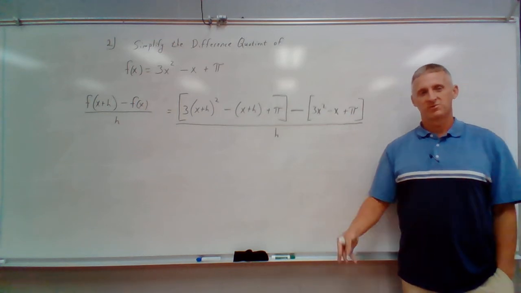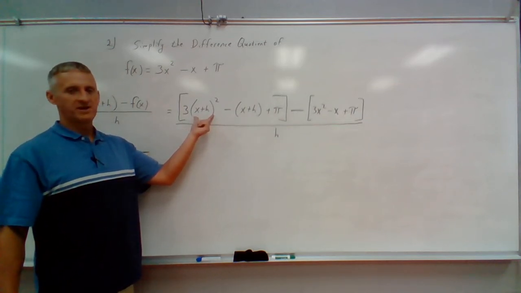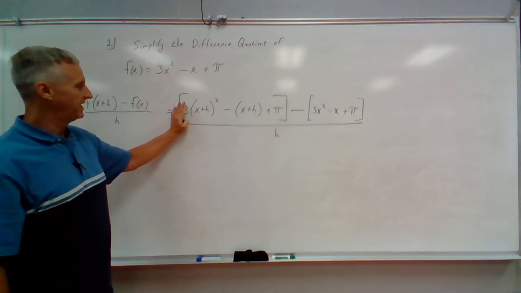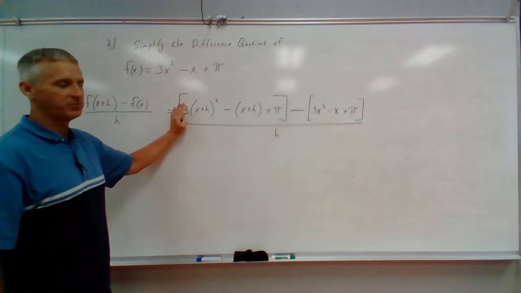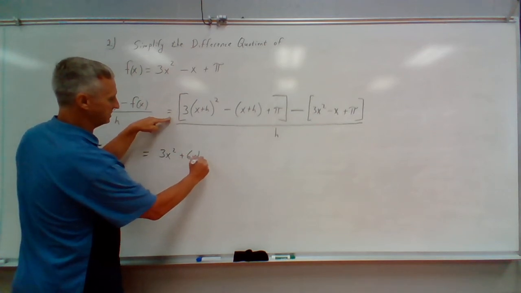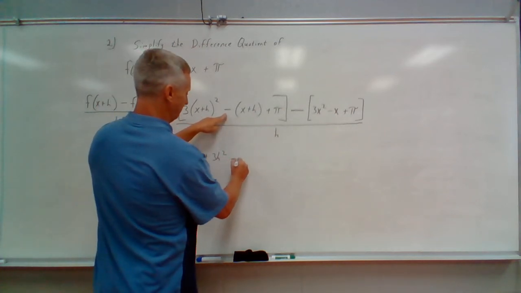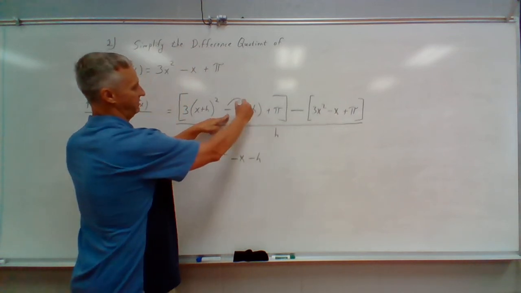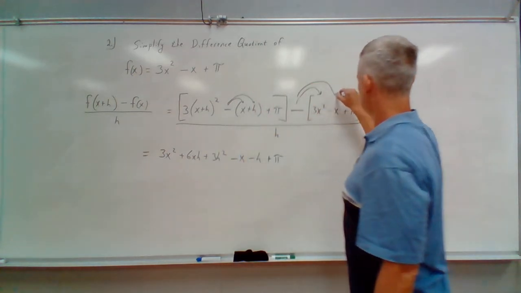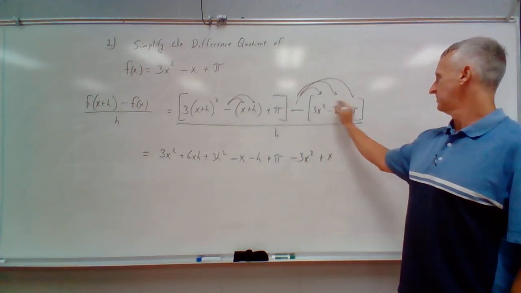Okay. So now it's just algebraic manipulation at this point. X plus h we've done already a couple of times. We know what that is. So we would have to work all that out and then multiply by 3. So we know that when we do x plus h squared, we'll get x squared plus 2xh plus h squared. Then multiply by 3. So let's see if we can do that in our head. That should be 3x squared plus 6xh plus 3h squared. Okay. Minus x minus h. Remember that minus sign has to go with both of those. Plus pi. This minus sign has to go to each term here. So minus 3x squared plus x minus pi